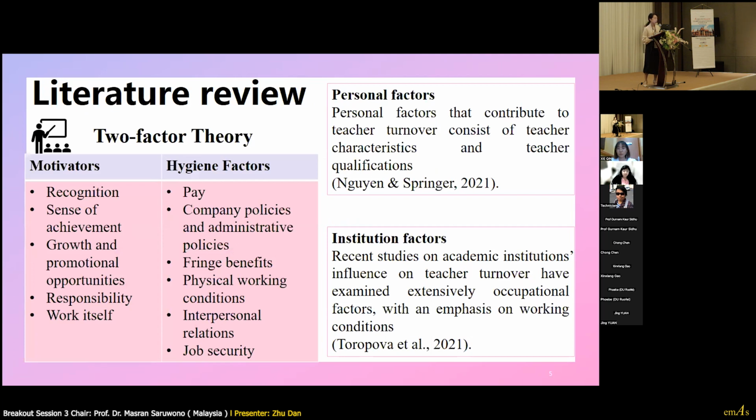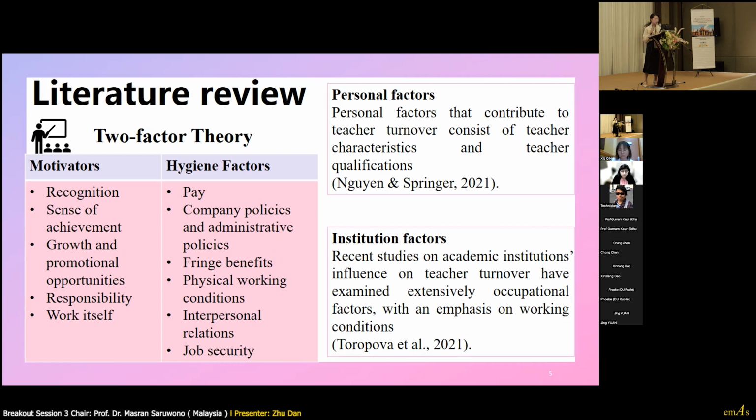In this study, we involved the 2-factor theory developed by Herzberg. This theory held that there are 2 kinds of factors that determine the employee's job satisfaction, which are motivators, including recognition, sense of achievement, growth, promotional opportunities, responsibility, and work itself.